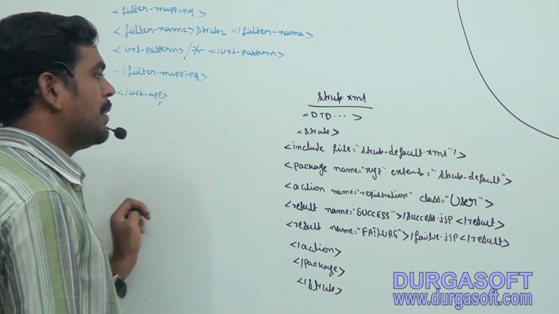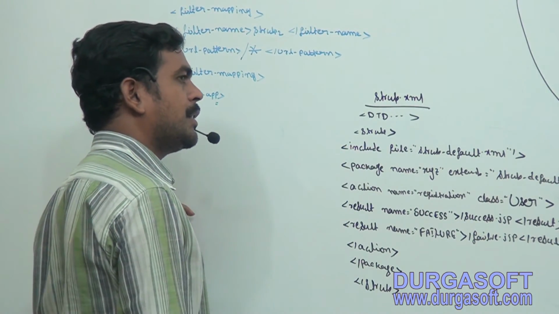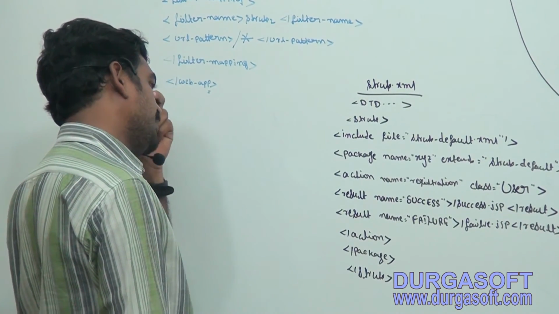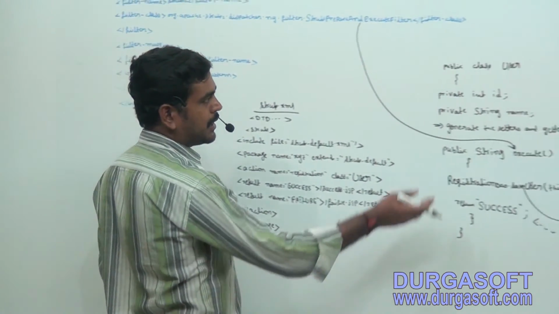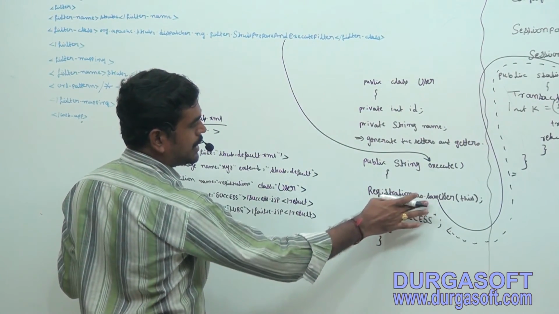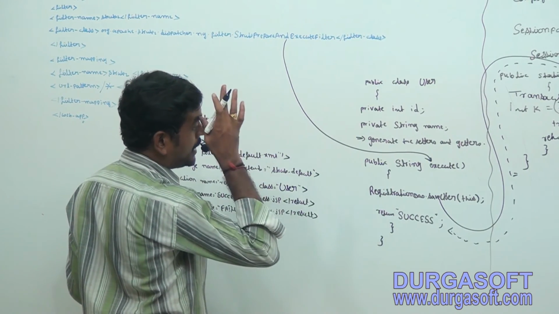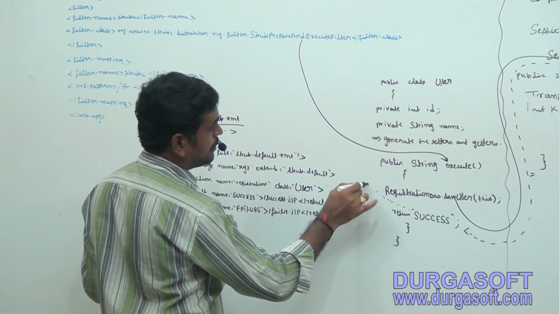That's enough. We can place this configuration file in the classes folder. Now once this action class is executed, the response is coming back. Once the response is coming back, it is going to be written as success. Now this success message is coming once again to